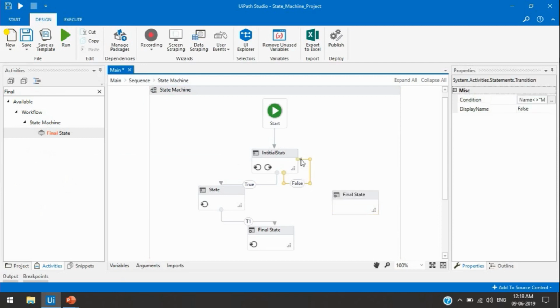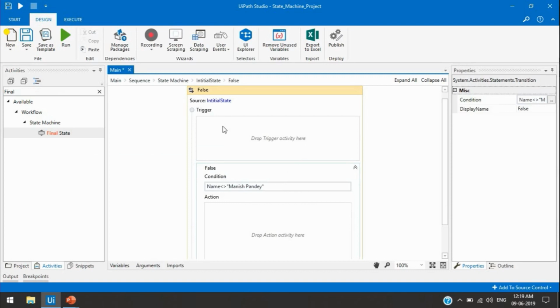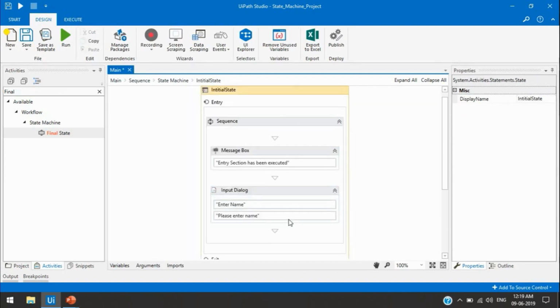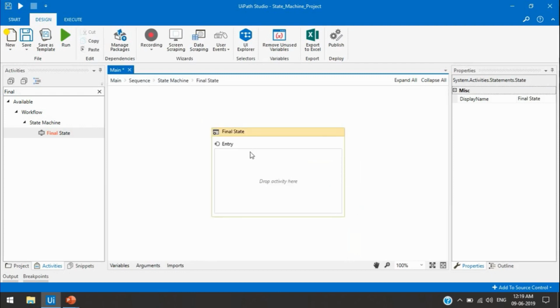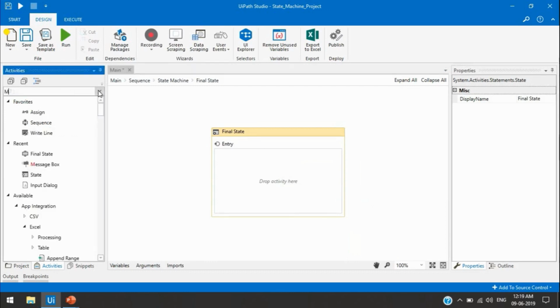So now I am going to connect this here. It means if this is false, if you are passing an incorrect name, then it will exit from the loop, and then it will go to the final state,